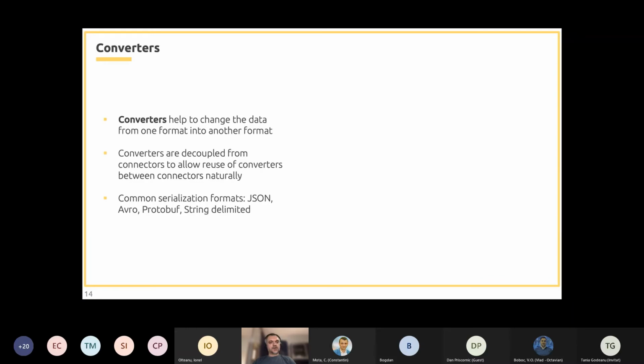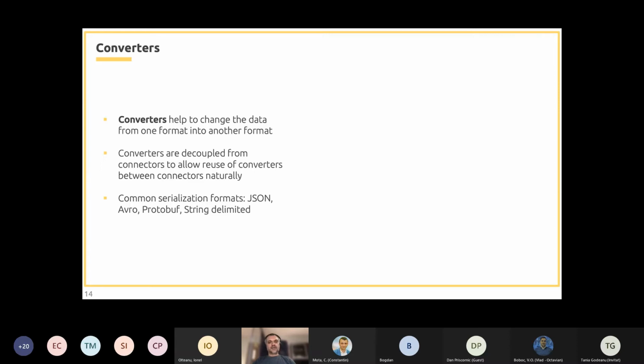And now converters. Apache Kafka does not care about our data format. All Apache Kafka only sees pairs of key value bytes.